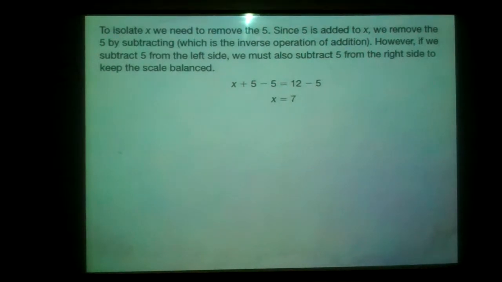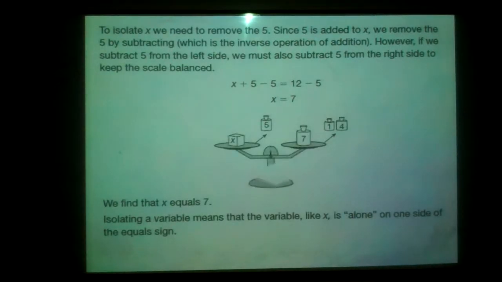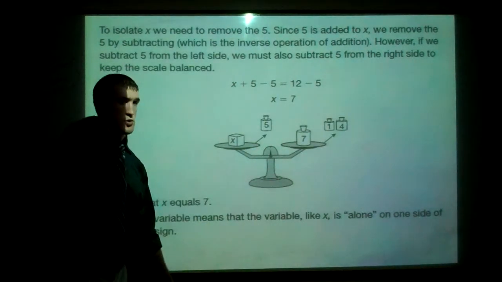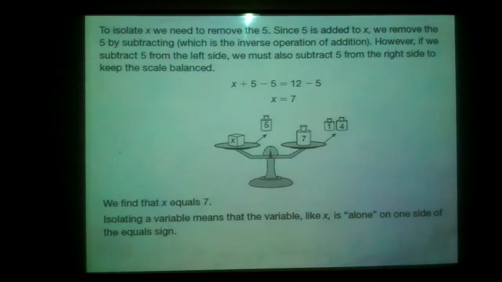So here's what we can do mathematically. We can take a 5 away from each side. And the reason we have to take it away from each side is so that we're still balanced after we do that. So when we do one thing to one side of the equation, we have to do it to the other side. Alright? And we've talked about this before. But this should help us visualize and help